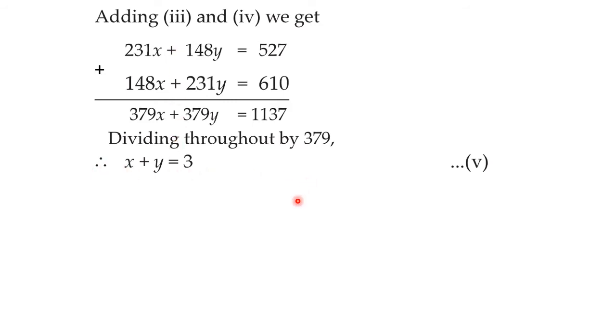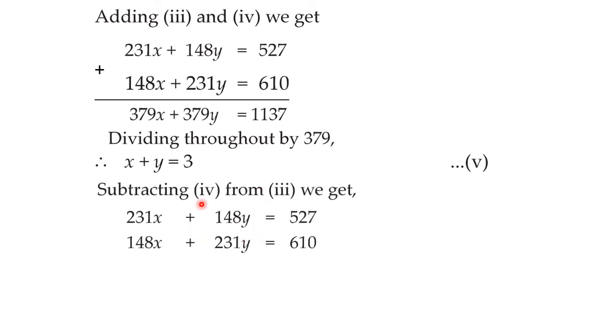Next step is to subtract. So now let us subtract. Subtracting equation 4 from 3, equation 3 we are going to write up, equation 4 we are going to write below, and this minus sign shows that we are doing subtraction. Now when we subtract, we need to change each and every sign of the second equation. So you have to go for change in sign. This plus will become minus, plus will become minus, here also plus will become minus. So subtract now.